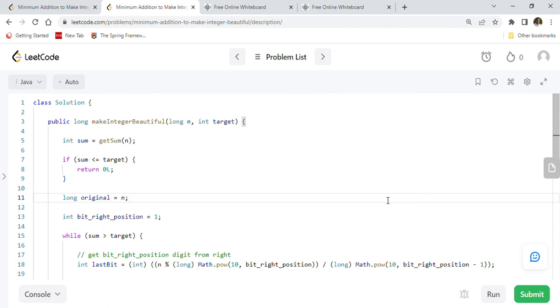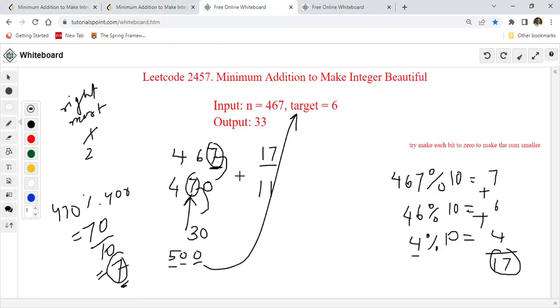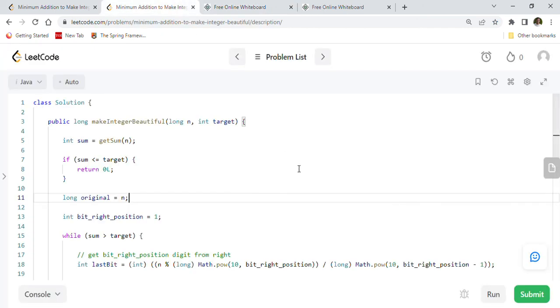If you like this video, if you find this video helpful, and if you like this logic, how we have solved this problem by this greedy approach,